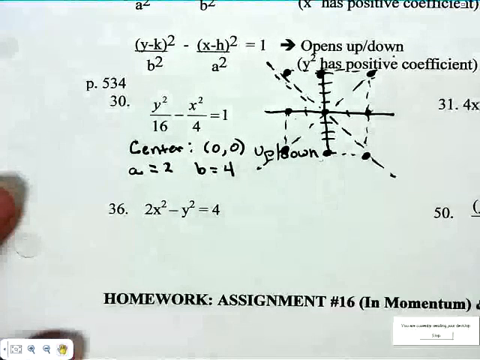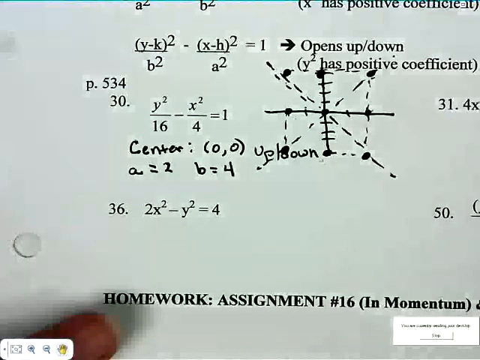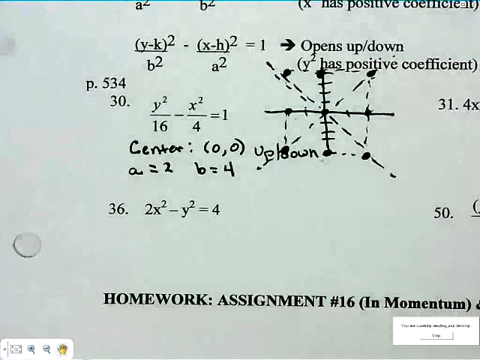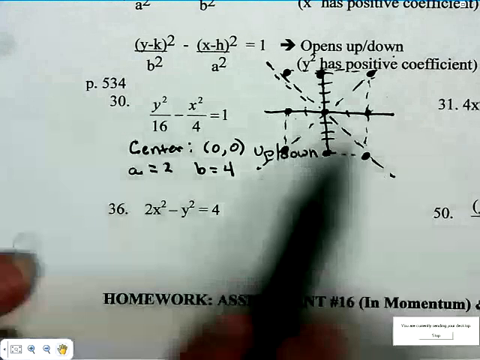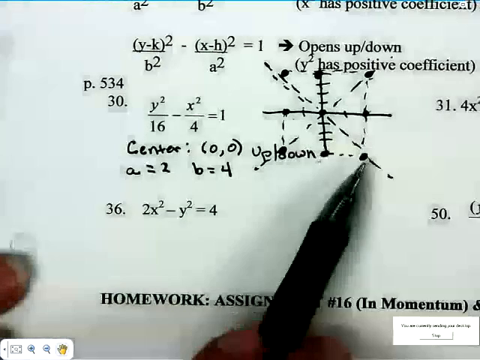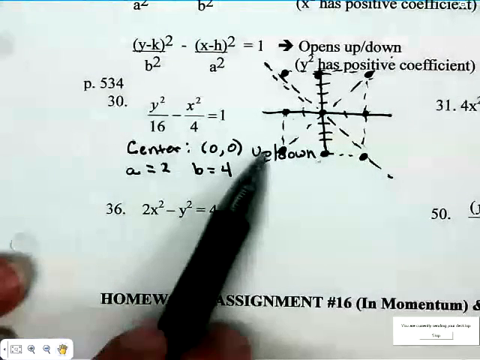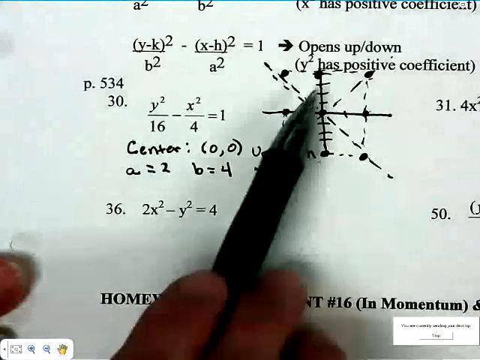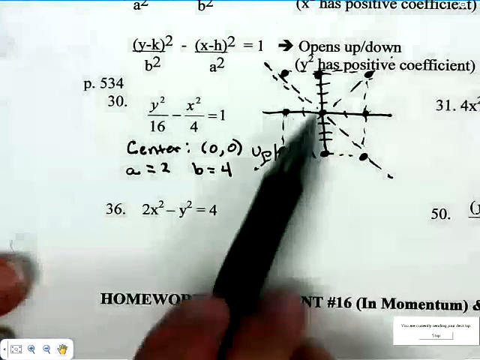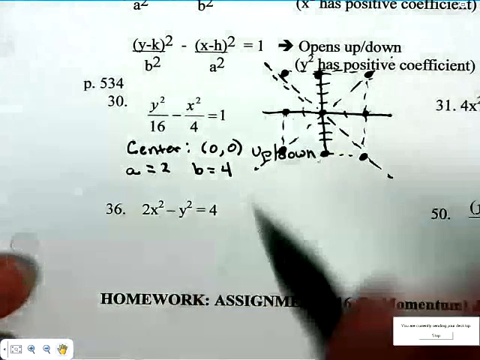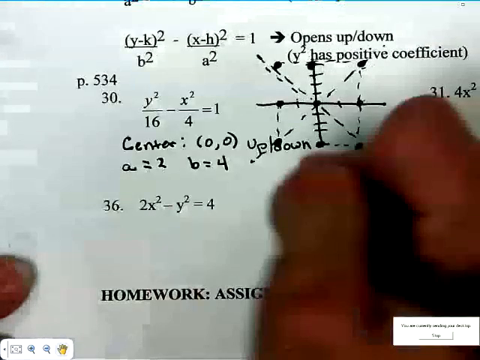That means the line that the graph gets closer and closer to. Like when we graphed 1 over x, it had asymptotes and the graph just kept getting closer and closer to those asymptotes. The graph of the hyperbola is going to get closer and closer to these asymptotes. And we've already determined that it opens up and down. So it goes through these 2 points on the y-axis and gets closer and closer to the